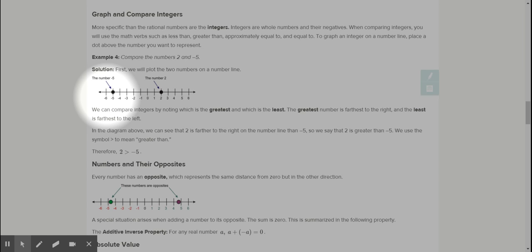So the first thing we're going to do is plot the numbers. Here they plotted 2, and over here, -5. Now that we've got both of those on that number line, we can compare the integers by noting,